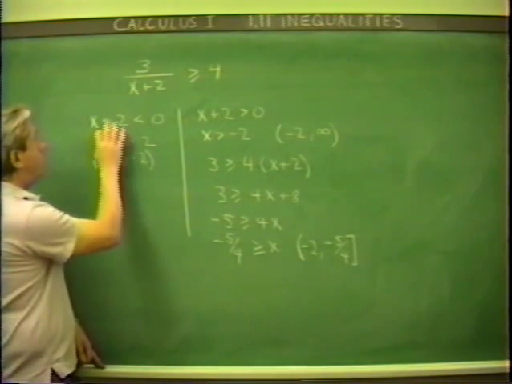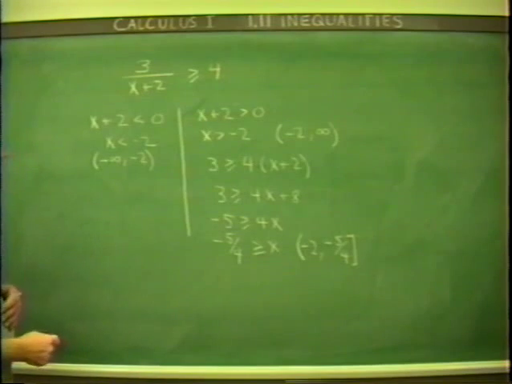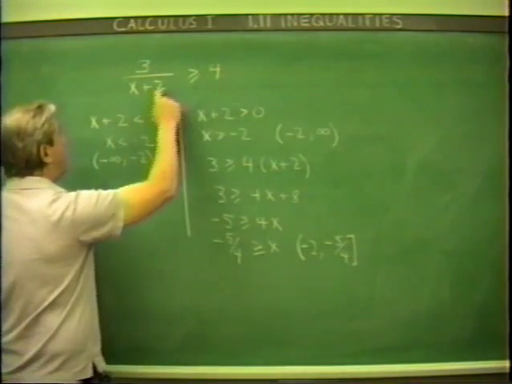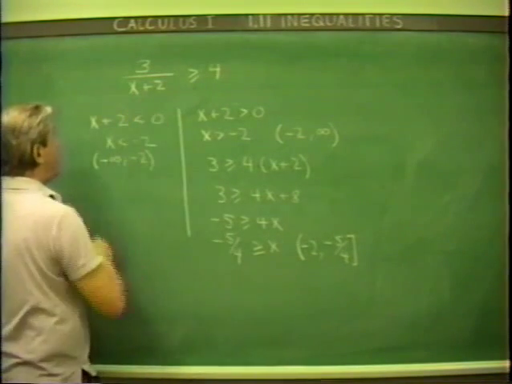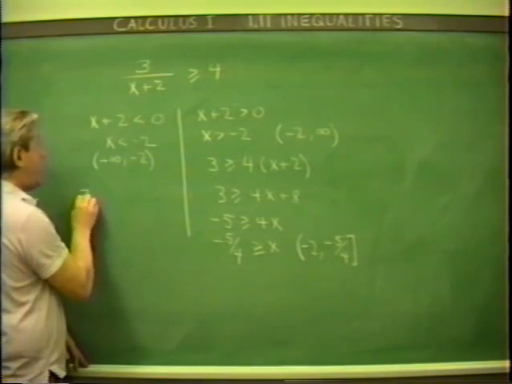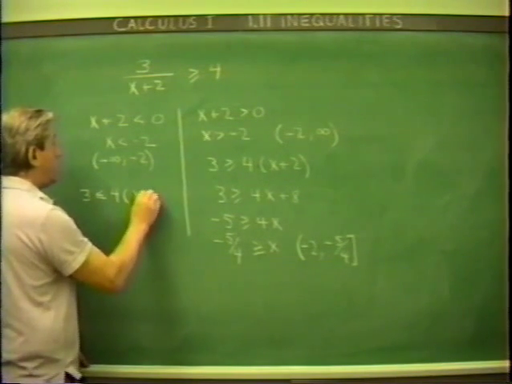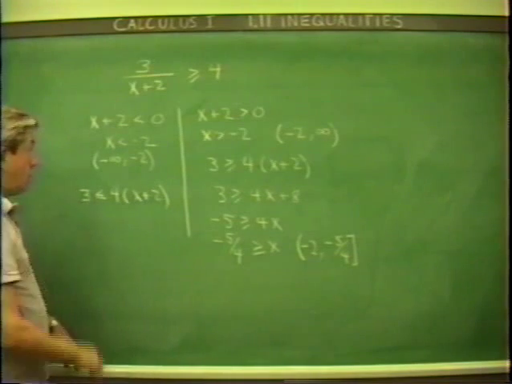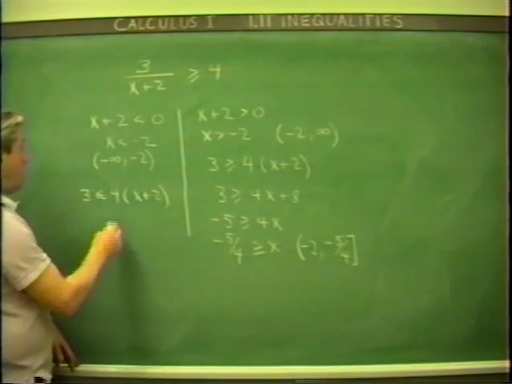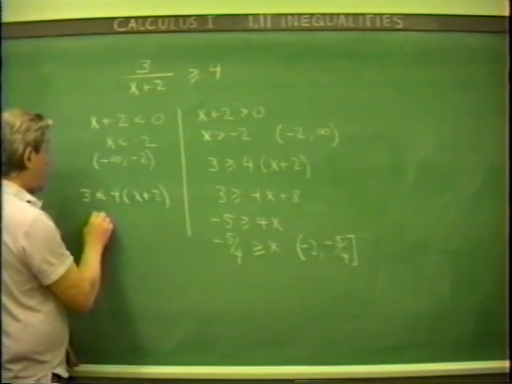Over here then, we now consider the numbers between minus infinity and minus 2, the numbers less than minus 2. Those are the numbers for which x plus 2 is less than 0. Right? If we multiply now both sides by x plus 2, we have got to reverse the inequality. So we get 3 is less than or equal to 4 times x plus 2,